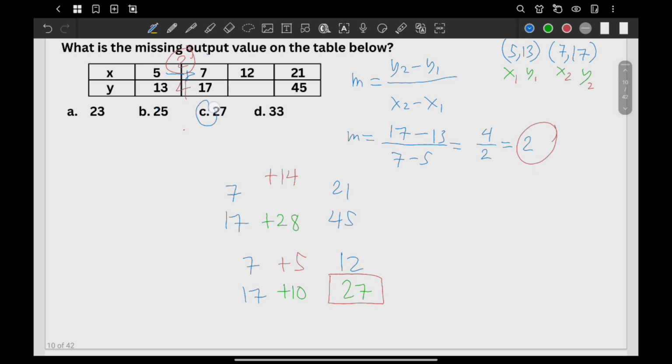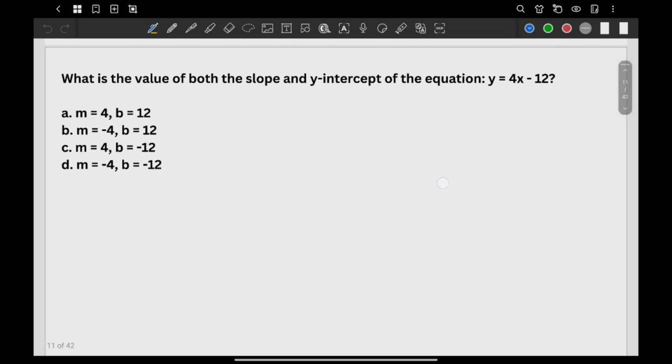Letter C. So if you want to, you may rewind the video here and then try to check again what happened and how we got to 27. But still, if you want to, you may follow the solution or the longer version of the solution that is presented in your Canva reviewer. Okay? Next question.